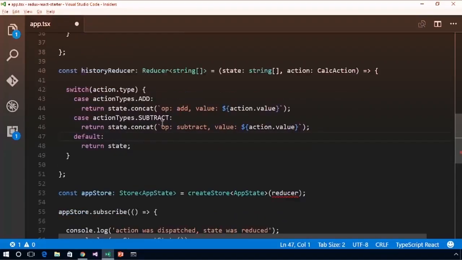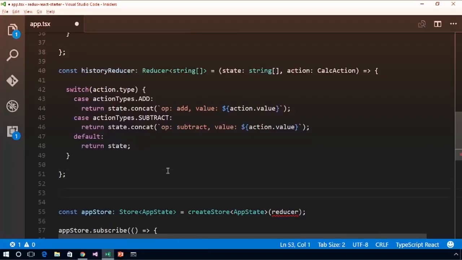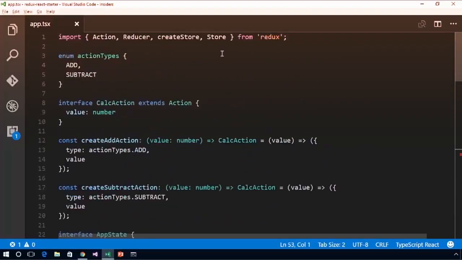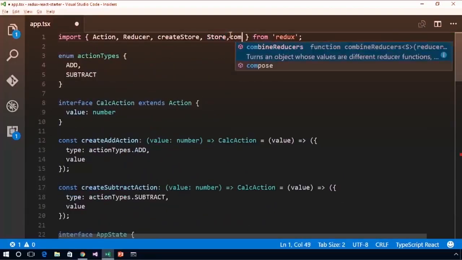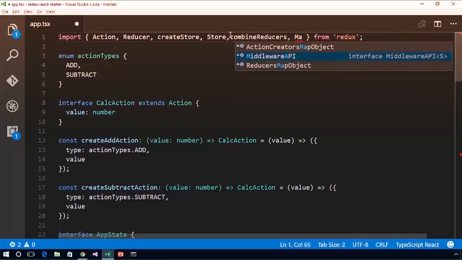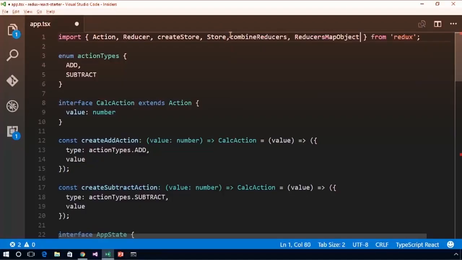And now we need to actually combine these together. And the way we're going to do this is that we're going to pull in a couple of things up here at the top from Redux. First thing we're going to pull in is the combine reducers. Then we're going to pull in the map, or reducers map object. That's what we're looking for, the reducers map object. And we'll take this reducers map object,